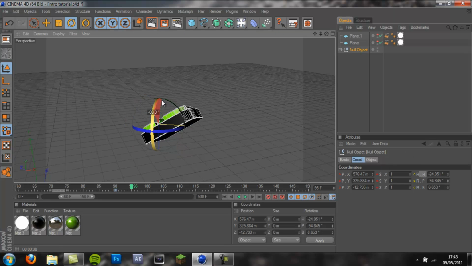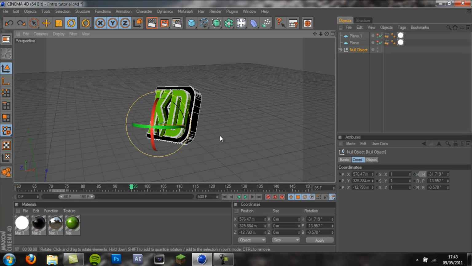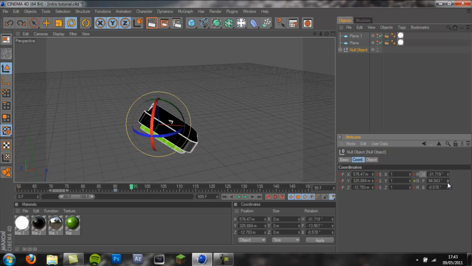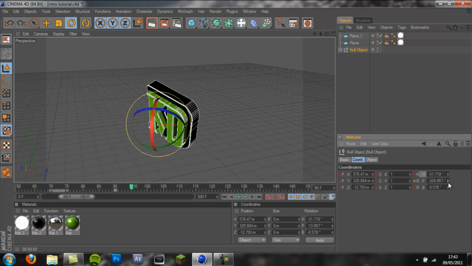So you can just rotate it however you want. What's also helpful is using the rotation down here. If you use these to rotate it, it's always a lot easier, really. So I'm going to rotate mine on the P axis, P rotation, around like that,